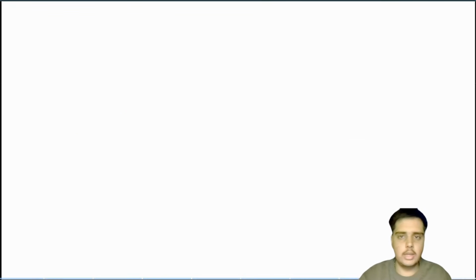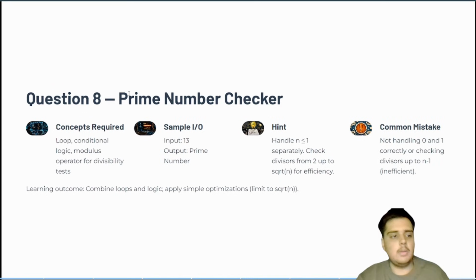So coming to the next one, prime number checker. Concepts required are loops, conditional logic, and the modulus operator for divisibility test. So say if input is 13, the output should be prime number.